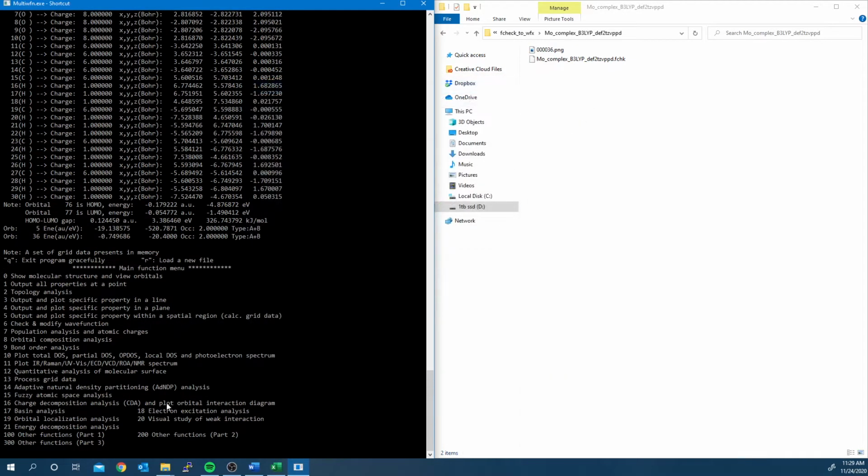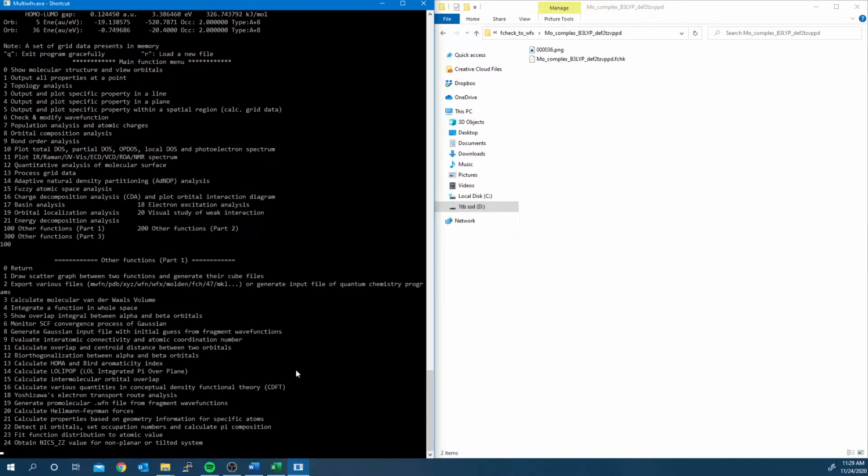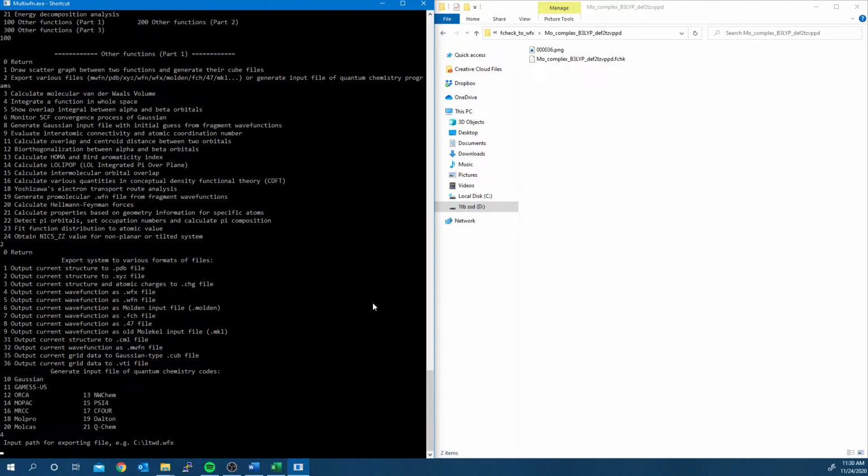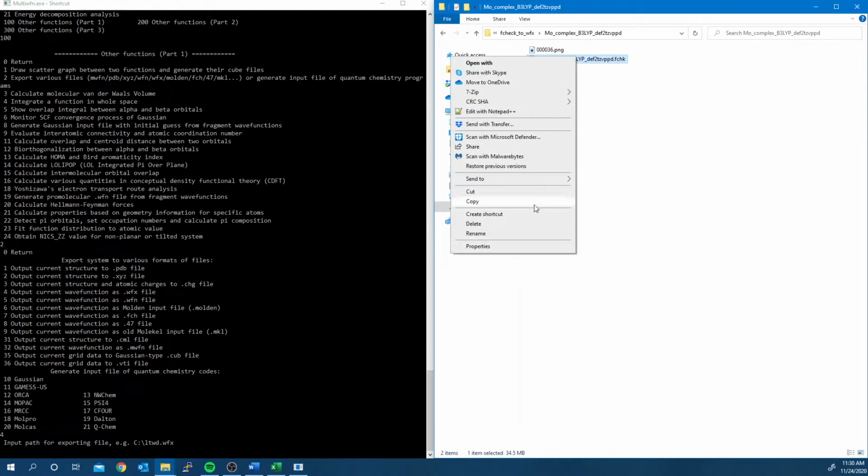To save the file, choose the option to show other functions, 100, followed by the option to export various files, 2, and then choose the option to output the current wave function as a .wfx file, option 4. You can choose where to save it by choosing a path for the output.